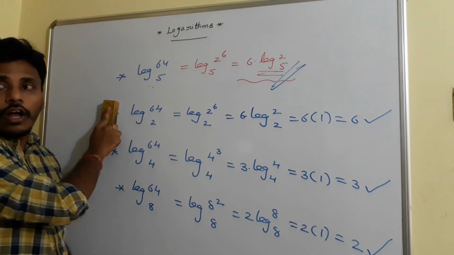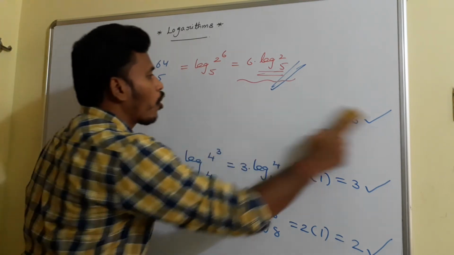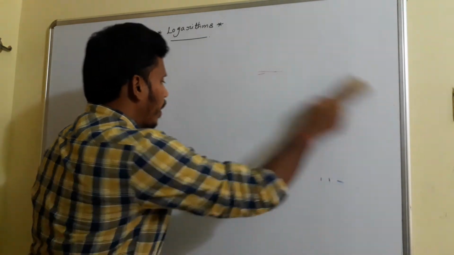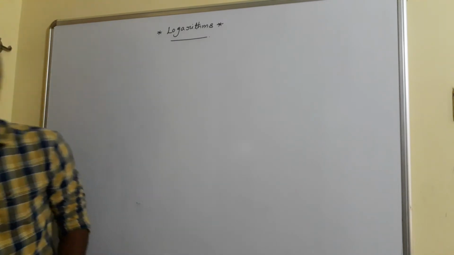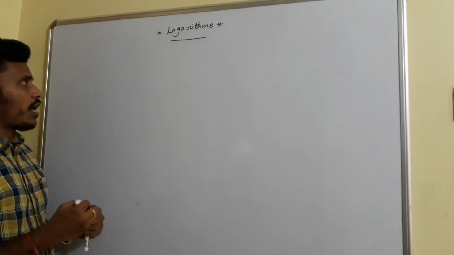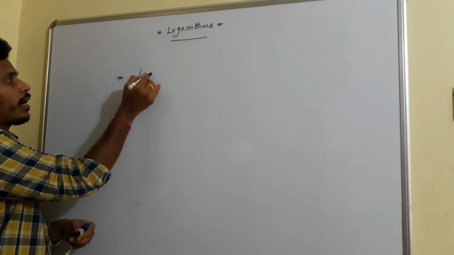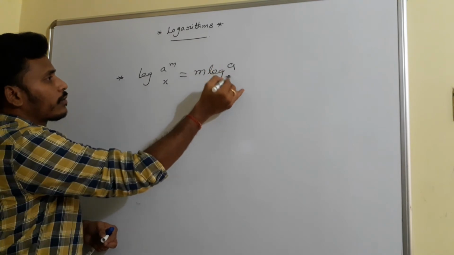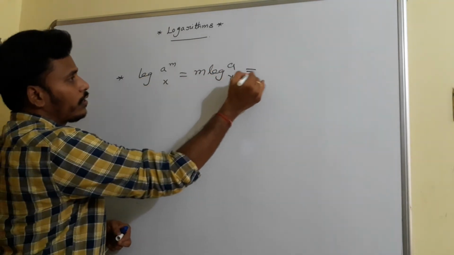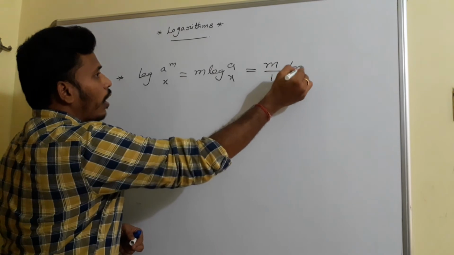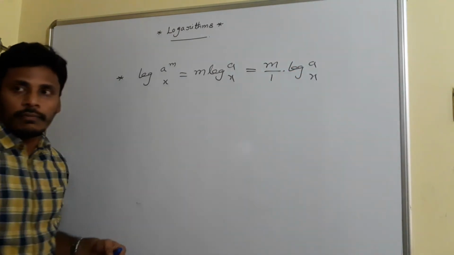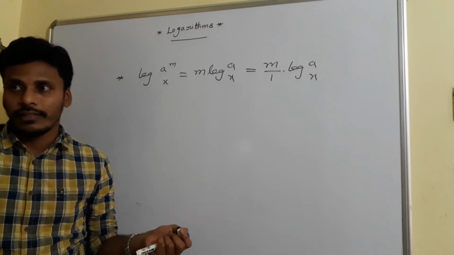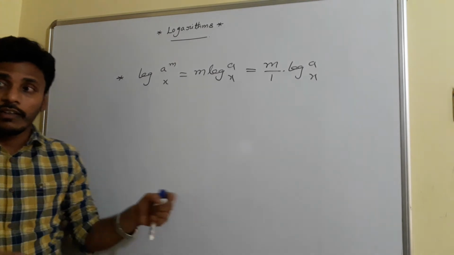We have different laws of logarithms. One more law was added just now, that logarithm of a power m base x is equal to m log a base x. Now what I am going to tell you is another important task. You have a law that logarithm of a power m base x is equal to m log a base x. I am identifying it like this: m by 1 into logarithm of a base x. Actually both are the same, is it right? m log a base x is the same as m by 1 into log a base x. But I need to identify it like this for the further idea.